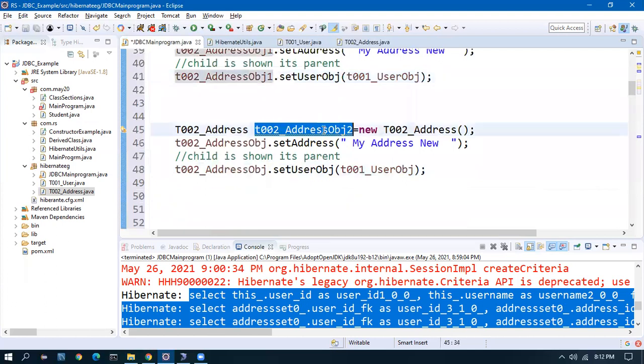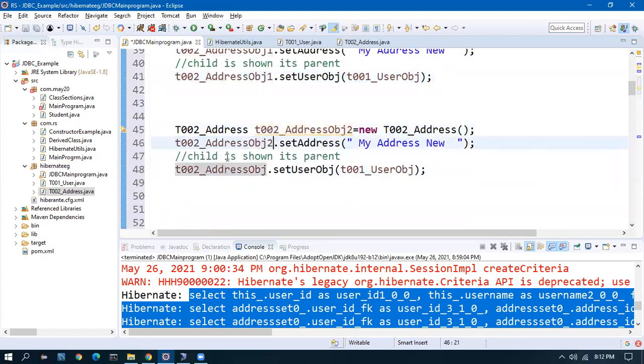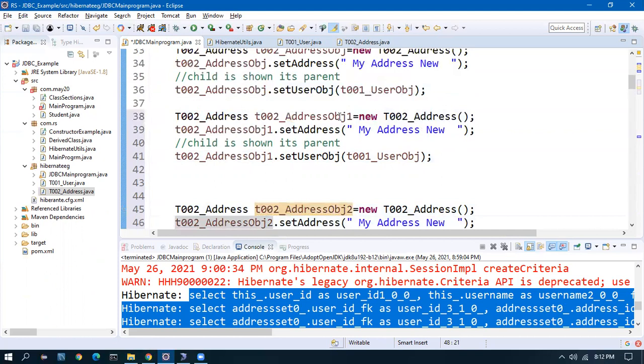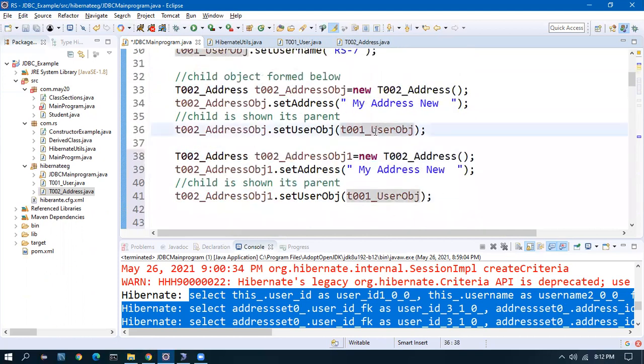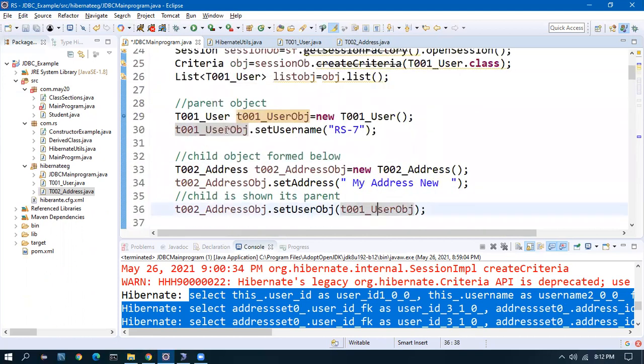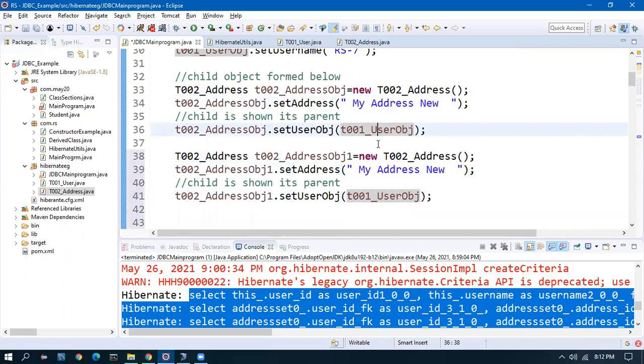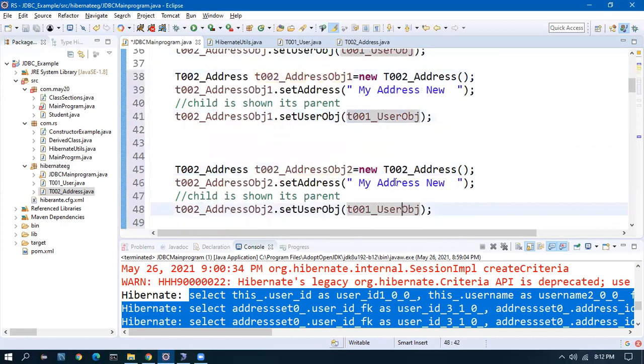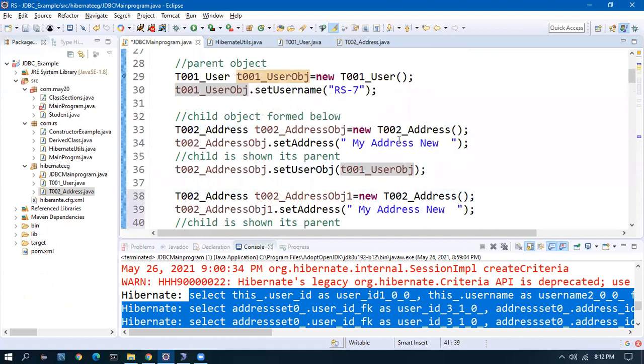Address 1. So the same user is going to have 3 addresses, and all the 3 addresses are going to have the same parent. That's what is important. The parent is 1, user is 1. The same object only we are going to give as a link in all the 3.